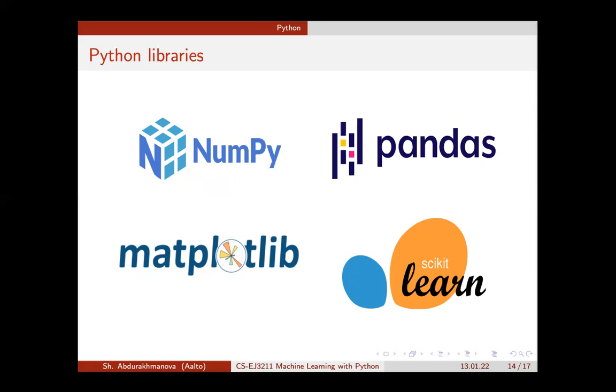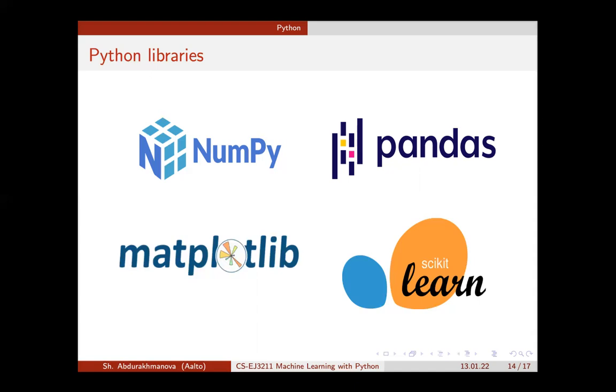For example, the NumPy library is designed to work with vectors and NumPy arrays. The Matplotlib library is designed to help you with graphing, plotting, and visualization. The Pandas library is great when you need to work with files and data, when you want to import your file or do some exploratory data analysis.